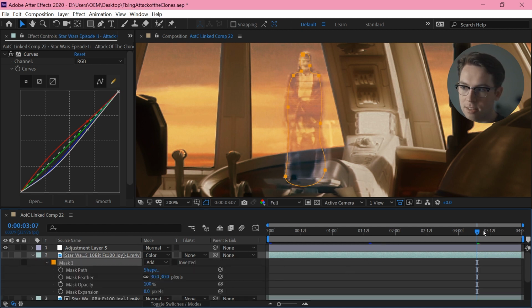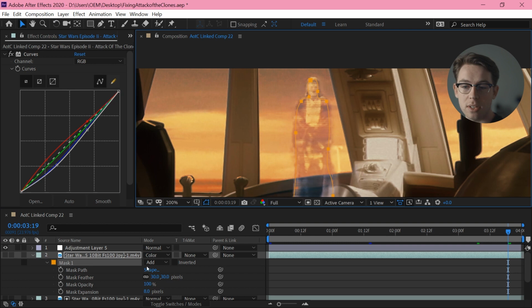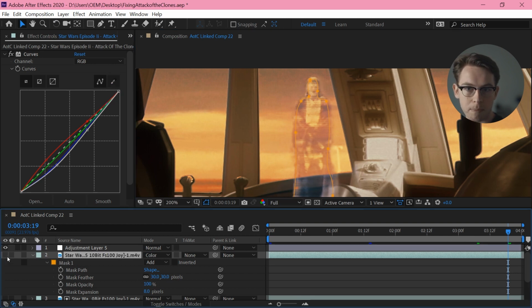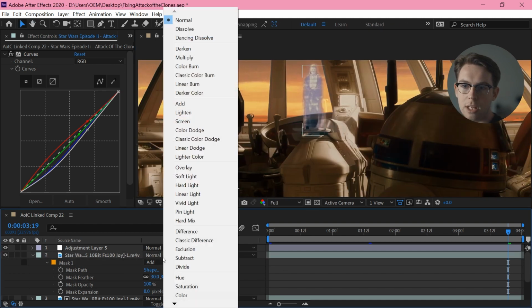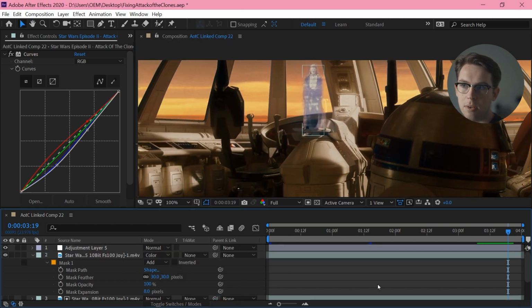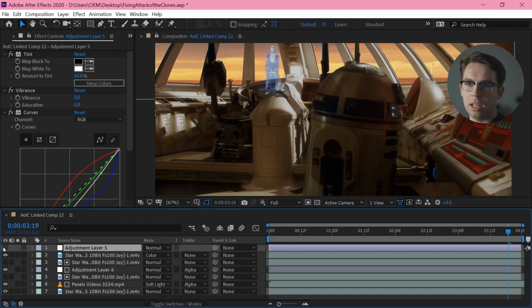If you really cared, you would go in and actually mask every frame of this properly and exactly, but I've just done a feathered mask of the original footage, and I'm sticking that back on top, and then I'm setting that to the color blend mode. So that lets this sort of match the new contrast of the scene while keeping that blue hologram color. And then finally I'm just using that one orange overlay over everything just to make it all a bit more sunsetty.